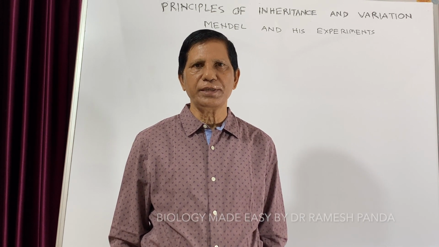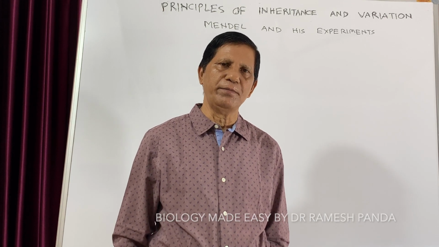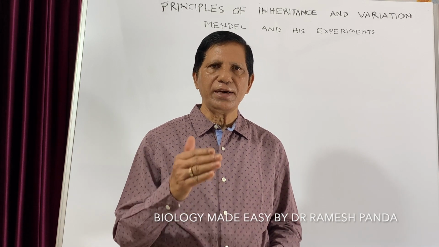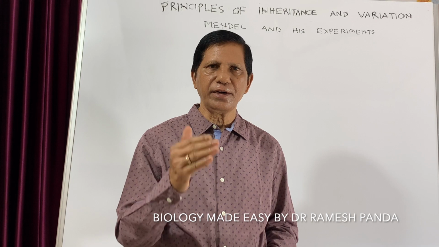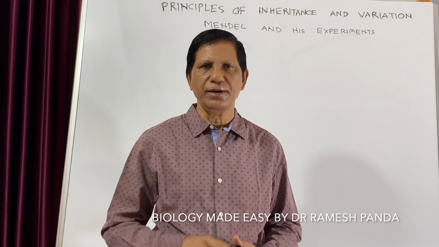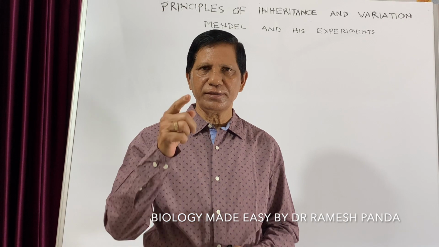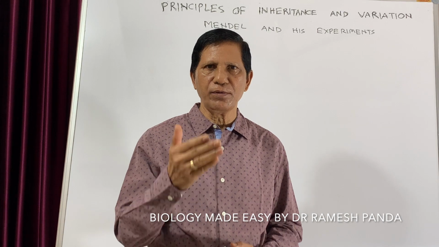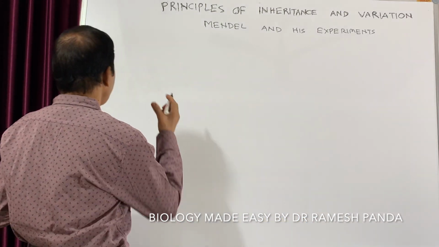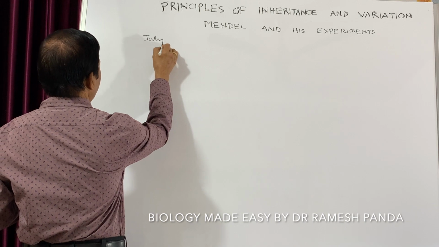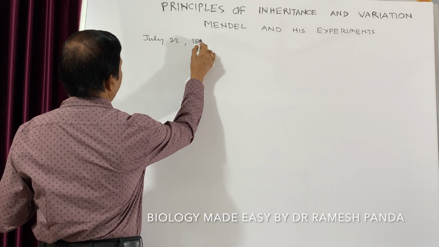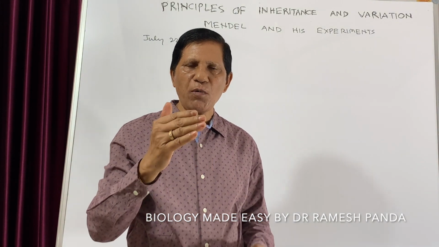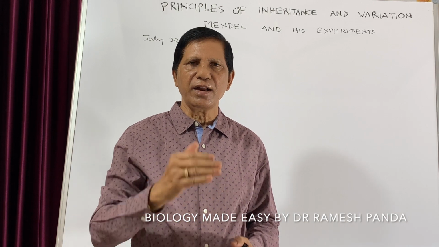Today in this video, we'll discuss Mendel and his experiments. Now in the history of science, July 22nd, 1822 is a red letter day. Why? Because it is this day the father of genetics, Gregor Johann Mendel, was born. So it is July 22, 1822. And he was born in a very small village in Austria, and now that is known as